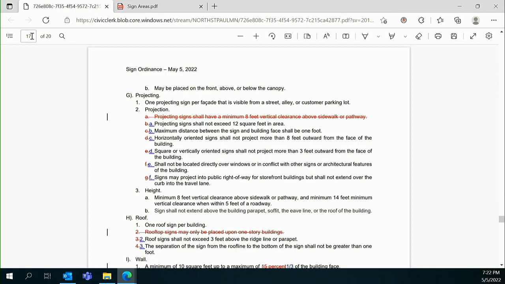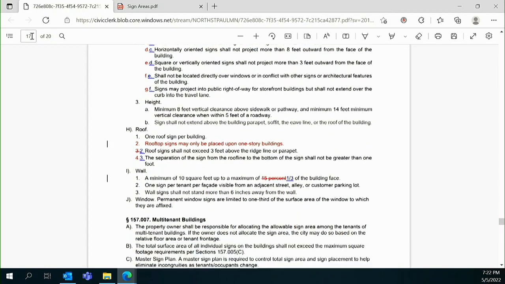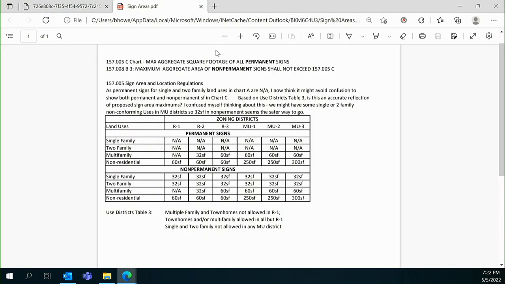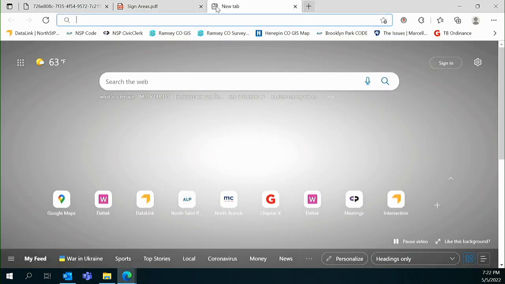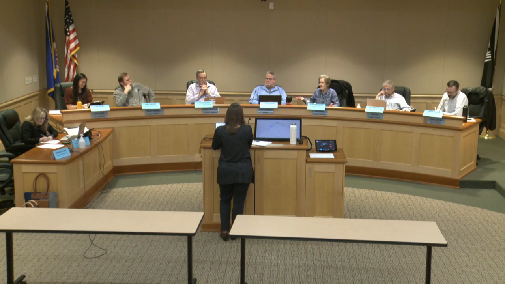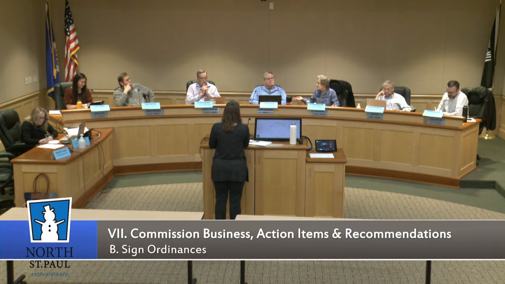I just have a question. Does anybody know if Love's meets that standard? I'm not good at visualizing heights, I will be honest with you. They're saying pretty tall. Well, that's what I thought. Does it meet that 3 feet? I don't want to create a standard that then makes a perfectly good sign non-conforming. I think it's going to be popping up here in a second. Let's see if this is a new enough picture.